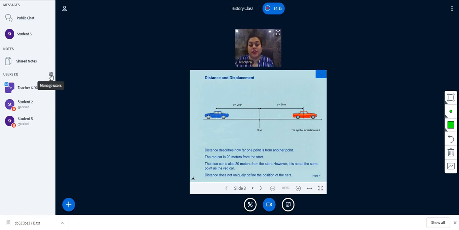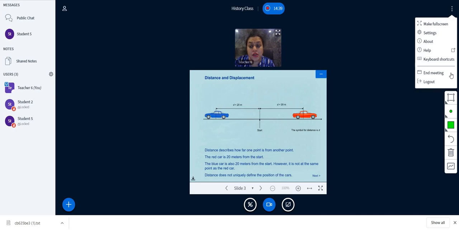Finally, once you have finished all the settings and all your classes are done, it's very important to know how you log out of any ongoing session. If the time duration is given as 1 hour, automatically at the end of 1 hour, the class will get logged out. But it is always advisable to finish the class at least 2 minutes early, because if you don't end the session, whatever recording has been done will not be saved. It is advisable for you to end the session.